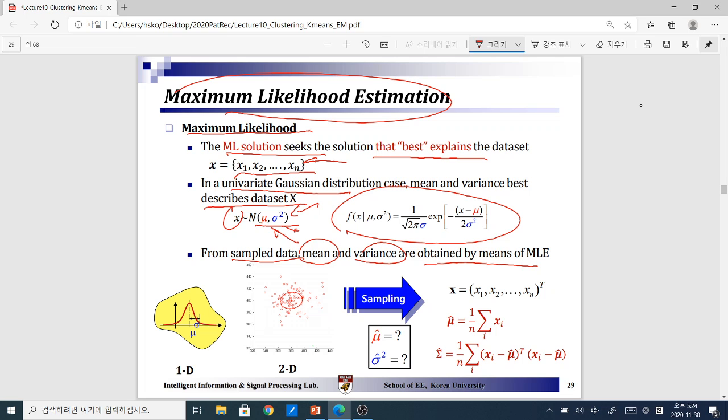Essentially, in the case of samples described by a univariate Gaussian, you are going to have these two parameters estimated, the mean as well as the variance. So for the 1D case, it's going to be the mean as well as the variance. For a 2D or multi-dimensional case, mu will be a vector, and the spread of the data is going to be represented by the covariance.